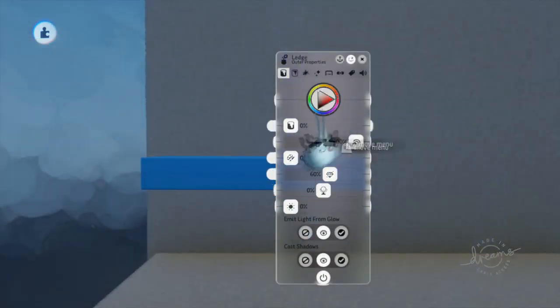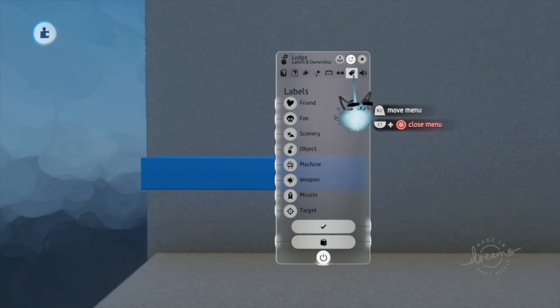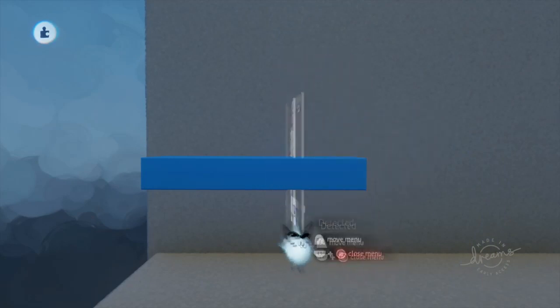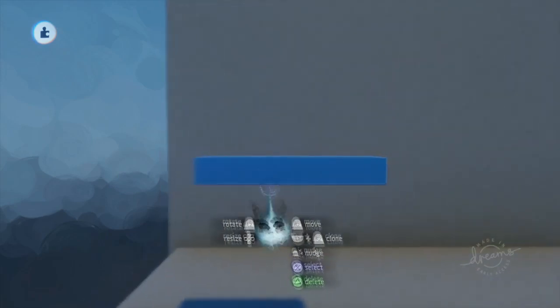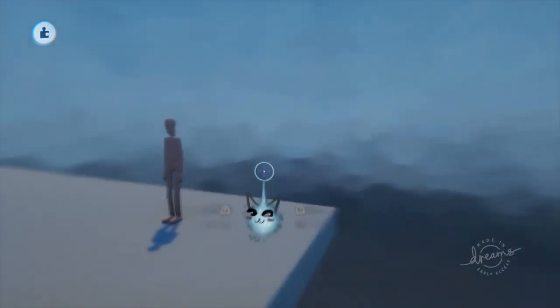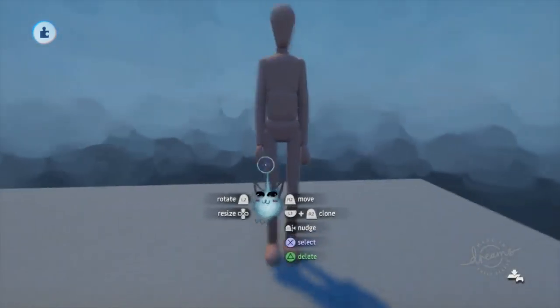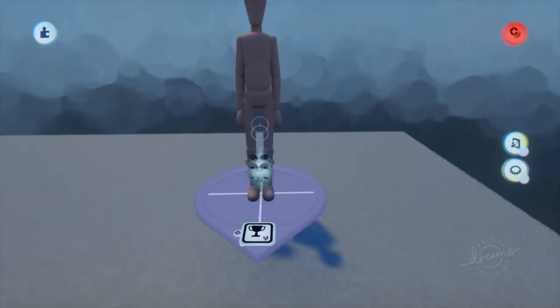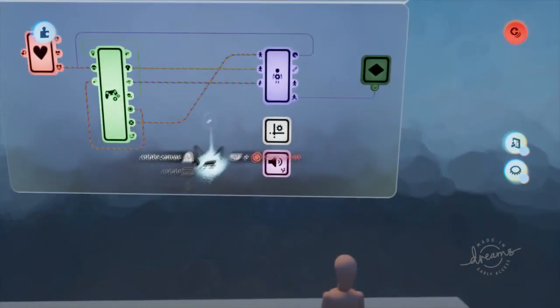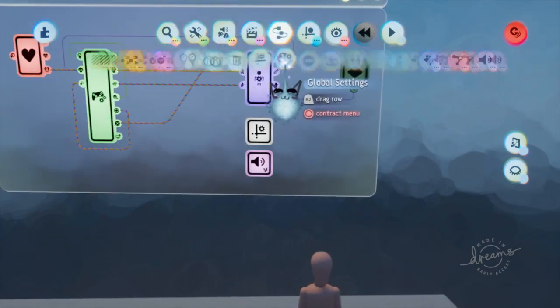And we also want to give it a label. So go to the labels tab and we'll do machine. So this is to help us find this specific object. Now, we're going to go ahead and open up a player, or scope in with L1 and X. Open up the logic with L1 and X. And we're going to go ahead and make a new